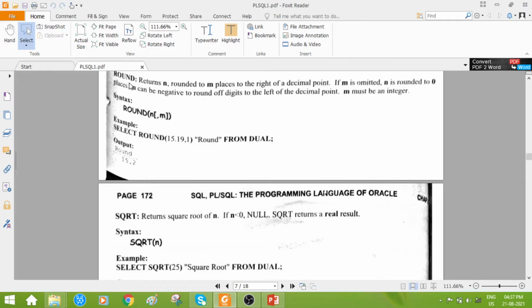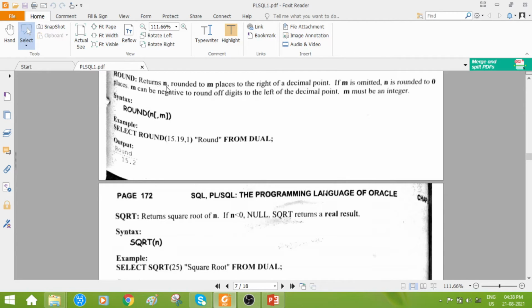Now the next numeric function is round. I hope you all are familiar with round. For example, if it is some integer with decimal values, there are cases where we need to round off. For example, observe the example 15.19. If you don't want more than one digit after the decimal point, and want to round it off to a single digit or some minimum places after the decimal point, we can do that with the help of the round numeric function.